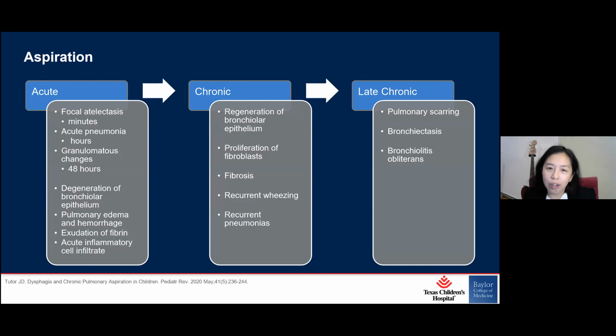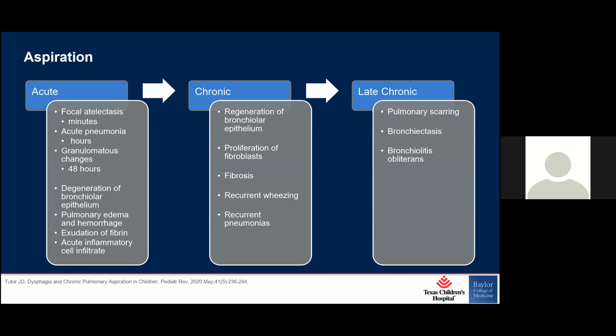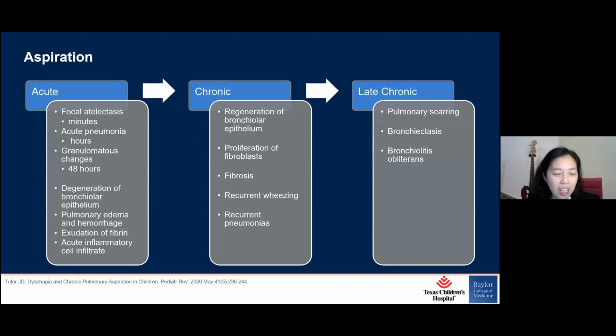Just to give you a really broad overview about why we care about aspiration. I know we all care about aspiration, but the very broad overview is that acute aspiration can make you sick, right? You can get acute pneumonia, but then you can end up with lung changes. And when you have aspiration that goes on for a long time, you can start developing fibrosis and scarring of the lungs. And then the end stage of recurrent aspiration is bronchiectasis. You can get bronchiolitis obliterans. These are the kids who sometimes even have to get lung transplants for these chronic aspirations.